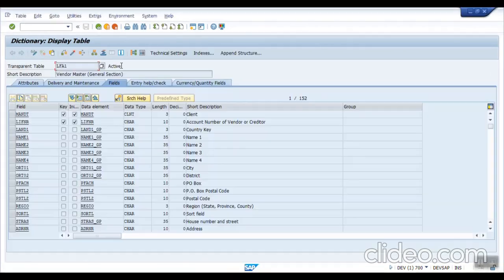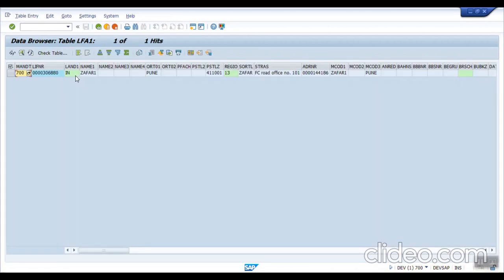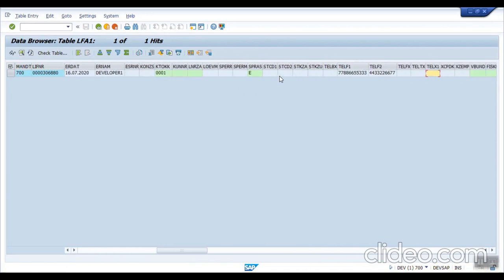In LFA1, we can see LIFNR, which is called the vendor account number. In this field we have to pass the vendor ID. Even though we can see the address in the LFA1 table also, like this is the address, this is the region ID, we can also get the first mobile number, but the email ID we don't get here.